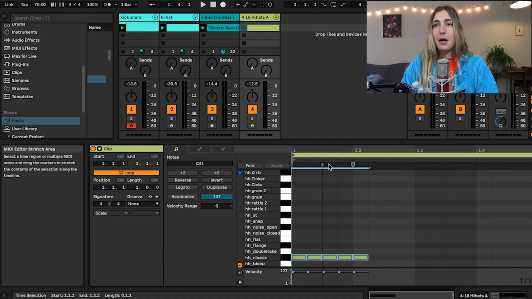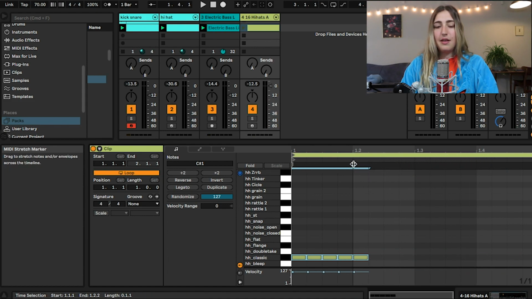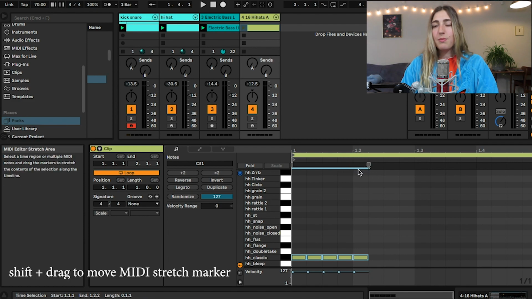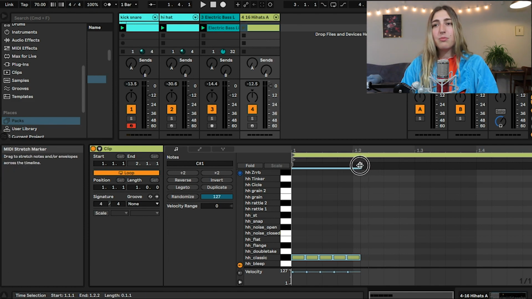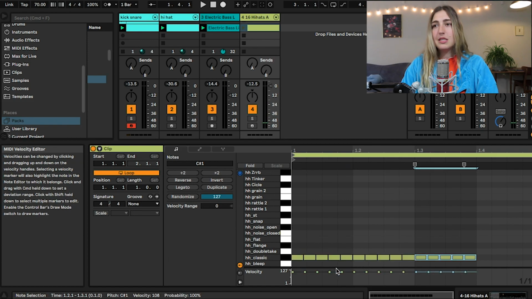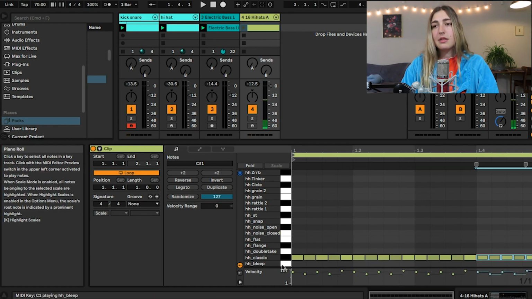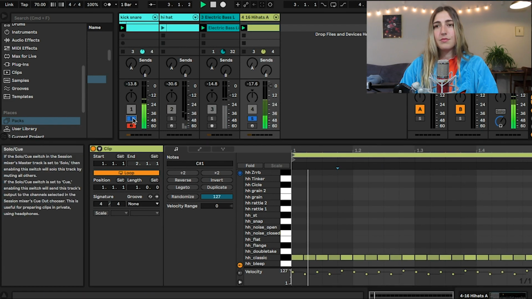and then see how up here we have our time selected. I can go ahead and drag out and in my notes. And if I just hold down Shift, I can drag this warp marker to the end of my notes and then pull it back. And now I have 5 notes in the space of 1. I'm going to Command D to move it across. I'm going to add a little bit of variation to my velocity. Duplicate this again, and we get